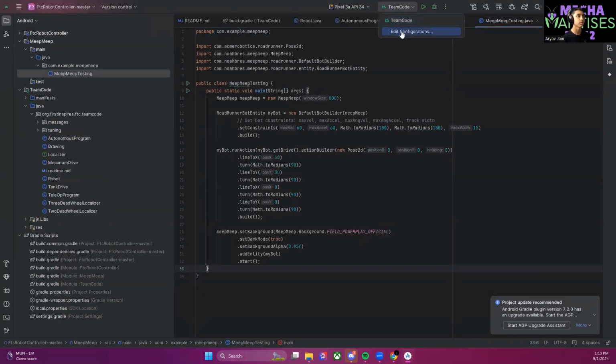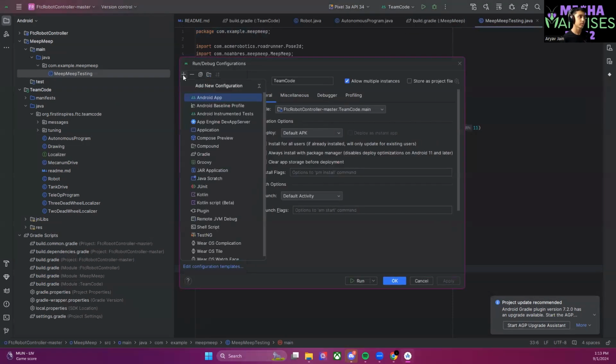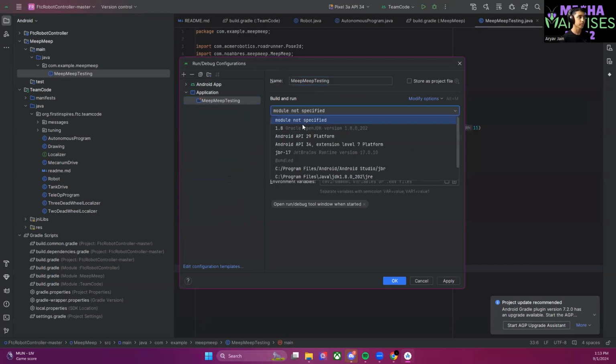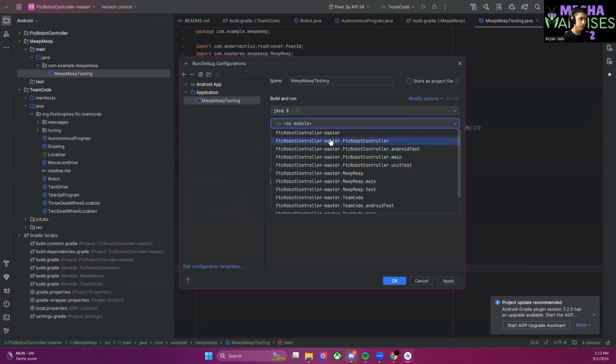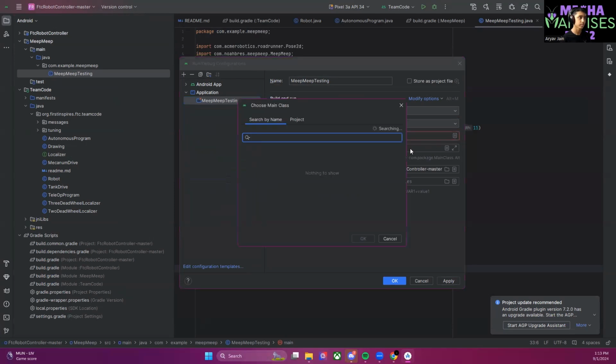So first in TeamCode, we want to go to Edit Configurations. And then we want to press the plus button, and we want to create a new application. Application is over there. And we will call this MeepTesting. The module is not specified, so what we're going to want to do is include Oracle, but when you click this, it will find it. So Meep would be, then the main class would be